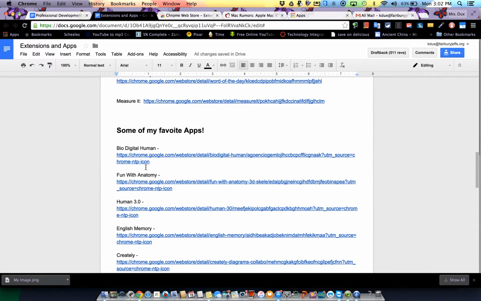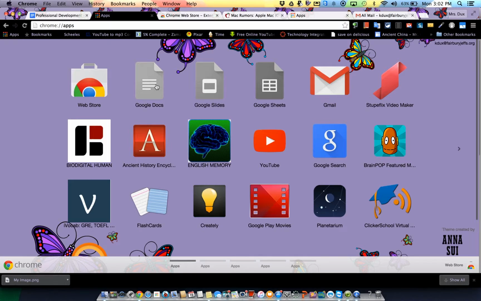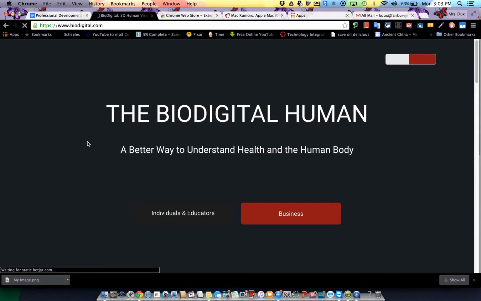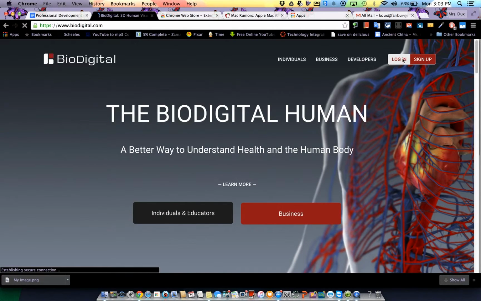Some of my favorite apps. The first one is BioDigital Human, and I'm just going to open up my apps and show you a couple that I think might be interesting. If you teach science at all, BioDigital Human is pretty cool if you're teaching anatomy, physiology, or anything like that. I'm going to go ahead and log in really quickly,